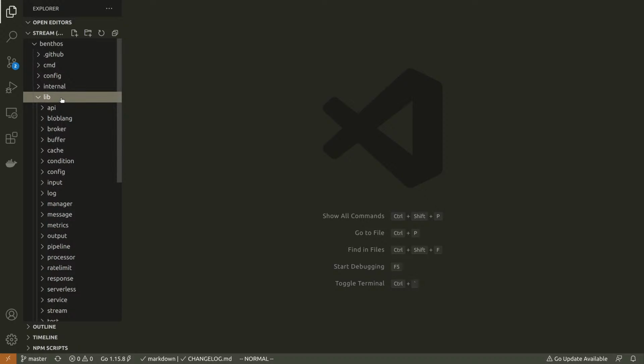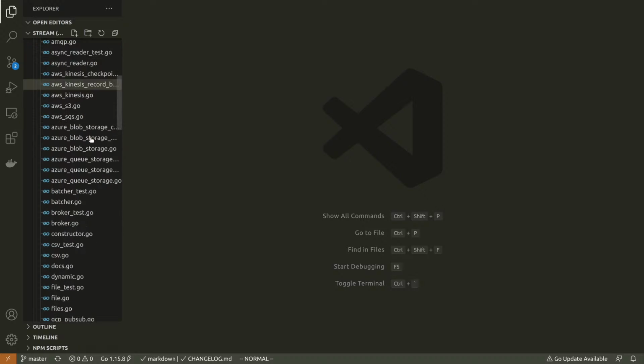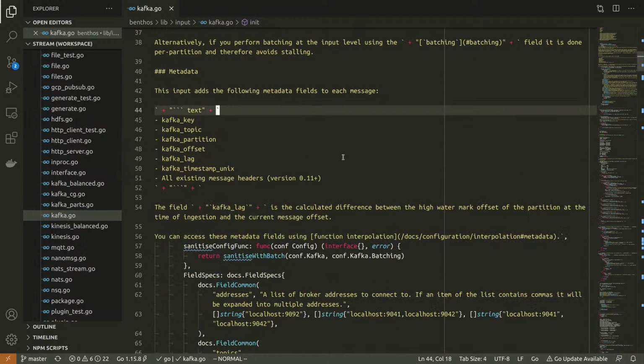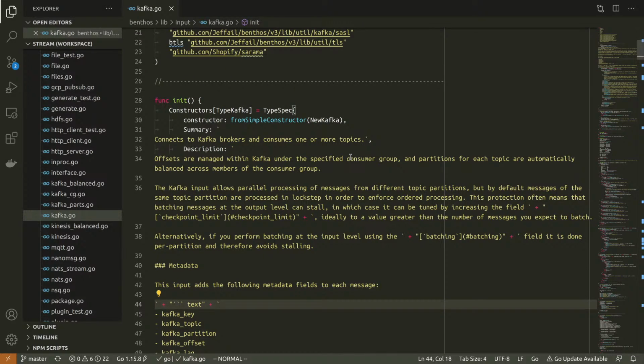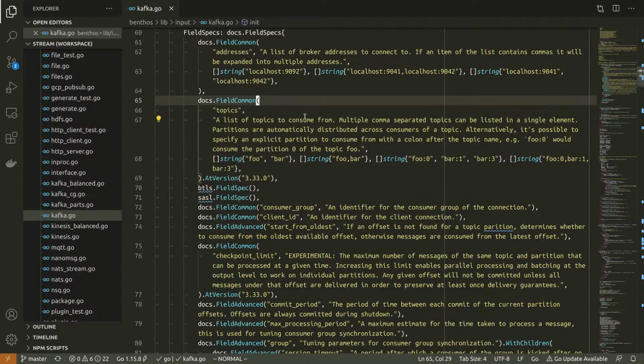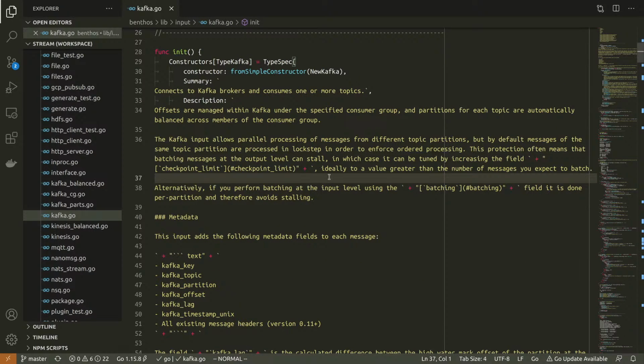So the first thing I want to do today, I'm going to be doing some smallish features, kind of chores, but it will be new things for people to play around with. So the first thing we're going to do is a Kafka thing. I've had a lot of people recently asking for the ability to have a Kafka consumer that always starts from the oldest or latest message.